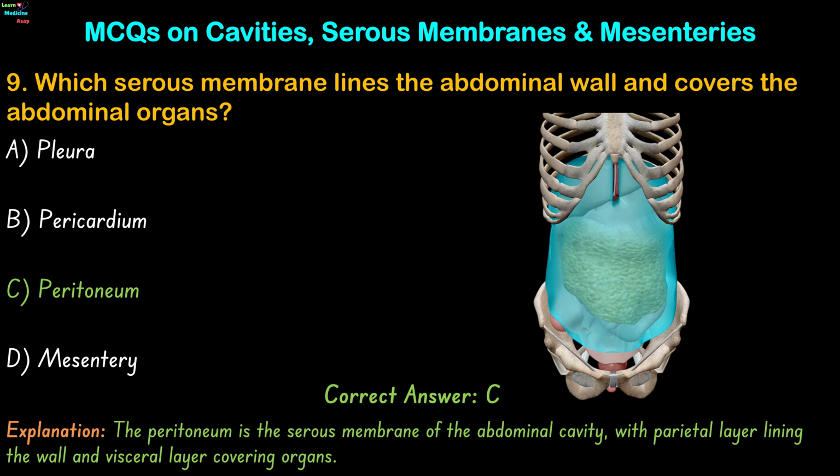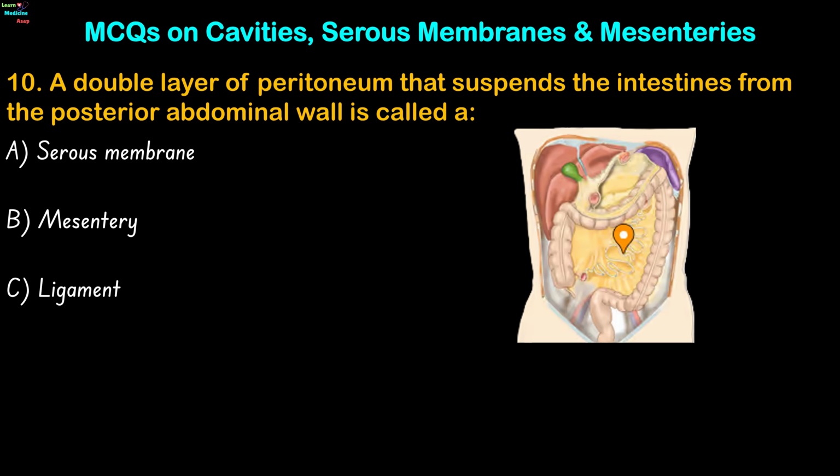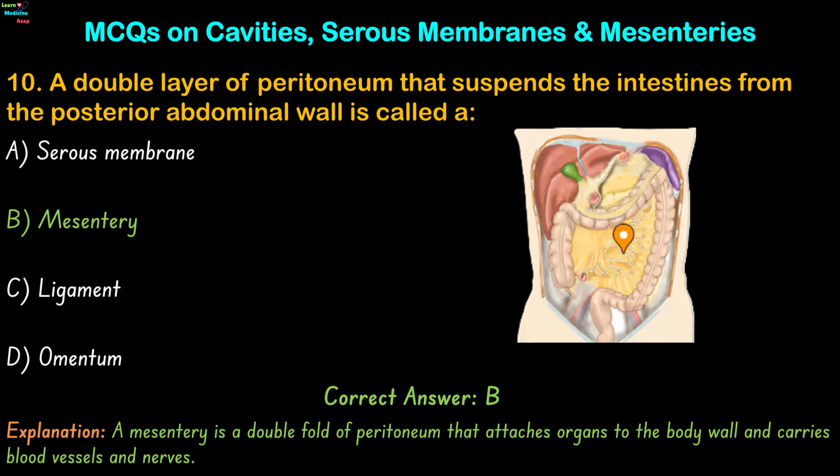organs. Question 10. A double layer of peritoneum that suspends the intestines from the posterior abdominal wall is called a serous membrane, mesentery, ligament, or omentum? The correct answer is option B. A mesentery is a double fold of peritoneum that attaches organs to the body wall and carries blood vessels and